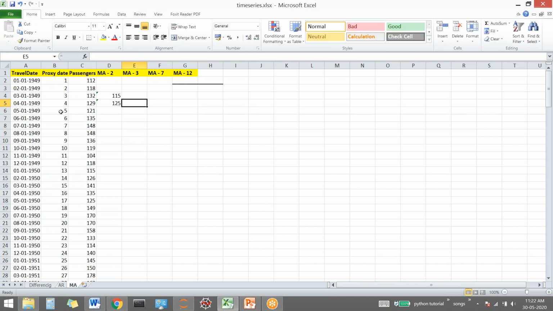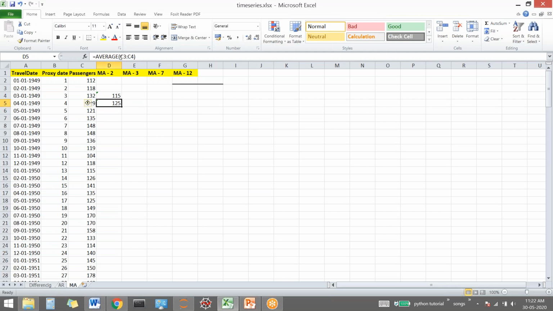So similarly, if you want to make prediction for fifth day, then taking window size of 2, then आप third और fourth को लेके you'll be making prediction for fifth day. If you want to make prediction for sixth day, then आपको 4 और 5, that is you have to take 2 months in the past, and then using those 2 months data you have to make prediction for the next day. This is the concept of moving average.